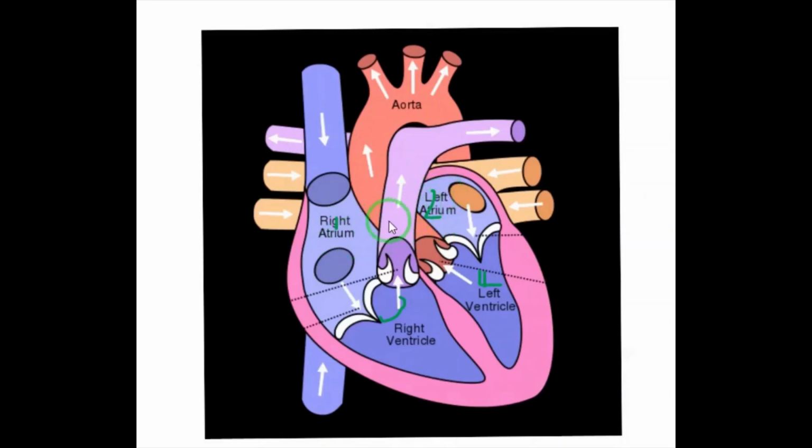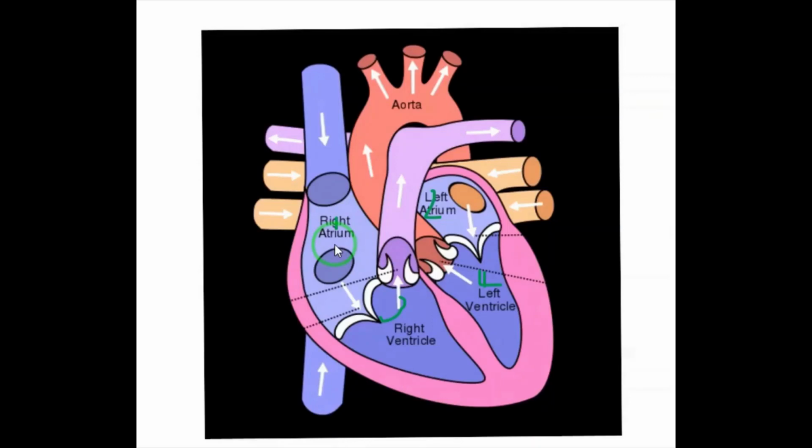These two auricles are separated from each other by the interatrial septum, that is in this area. It is not visible here. The left atrium is smaller than the right atrium. This is the left atrium, and this is the right atrium. By seeing itself, we can find out this left atrium is small and this right atrium is a little bit large.